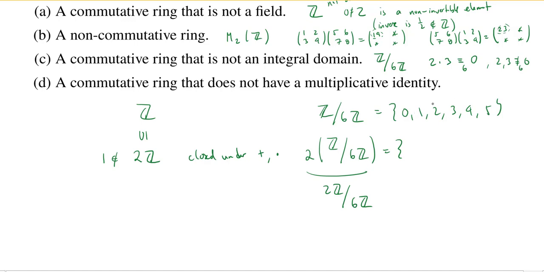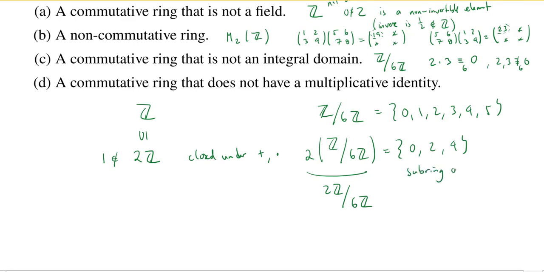So we take all the multiples of 2. And when we do, we're just going to get even numbers out of here, right? So 0 times 2 is 0, 1 times 2 is 2, 2 times 2 is 4, 3 times 2 is 6, which is 0, so we're back here. 4 times 2 is 8, which is 2, and 5 times 2 is 10, which is 4. So actually, we just get these 3 even representatives. All right, and if I add any two of these together, modulo 6, I end up with one of these. And if I multiply any two, well, we've already seen 2 times anything works. How about 4 times 4? Well, that's 16, which is 4 again. Okay, so this is actually a subring,